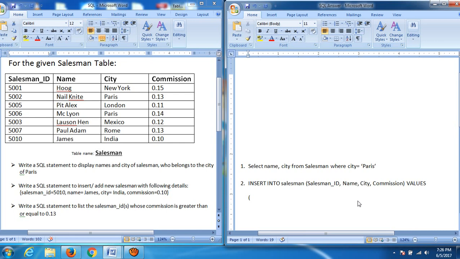Values would be: for the salesman ID, it should be 5010. As we can see, this is 5010, comma, name of the salesman.